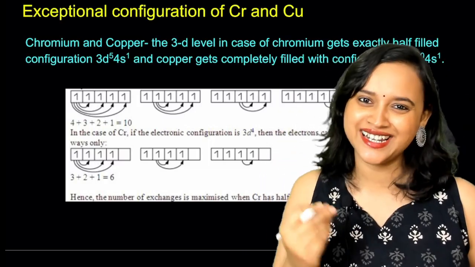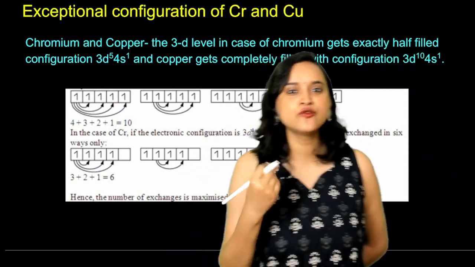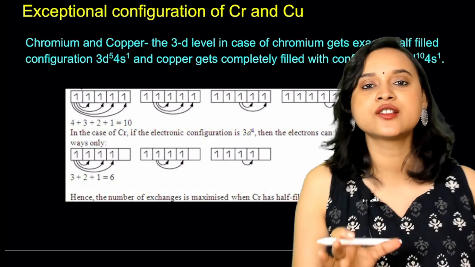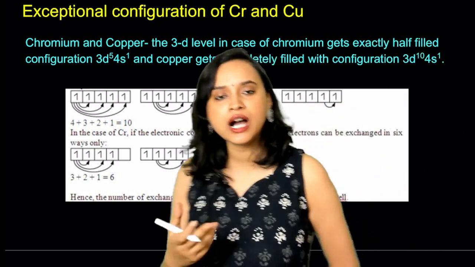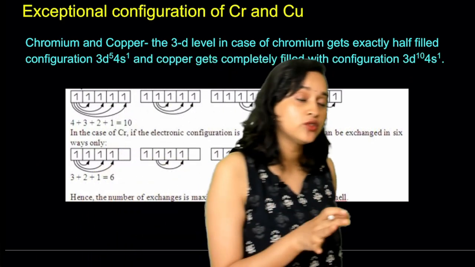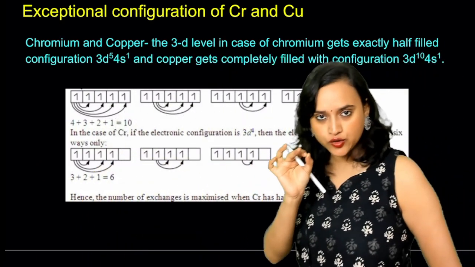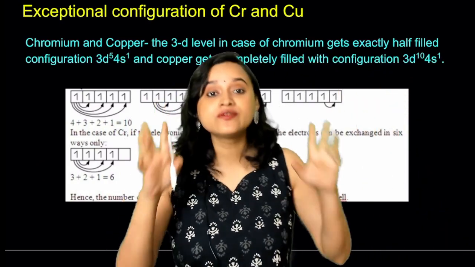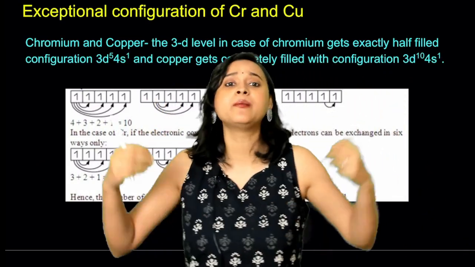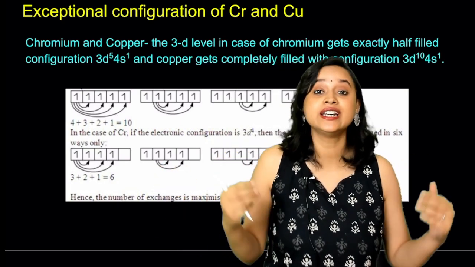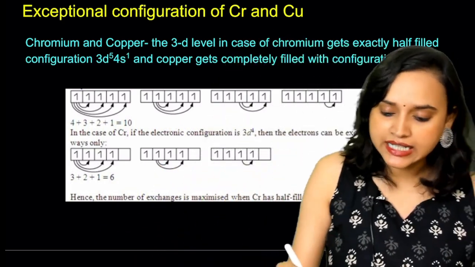Now, coming to something that is called exchange energy, that many students have already asked me about in the Telegram channel, as well as when I was taking a YouTube session. I've seen that students do find a little difficulty here in the case of chromium and copper. So let's understand why chromium and copper have a stable electronic configuration even though it is half filled or fully filled. This concept arises from something called exchange energy. So let's understand this, everybody.